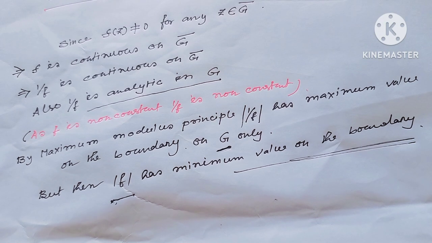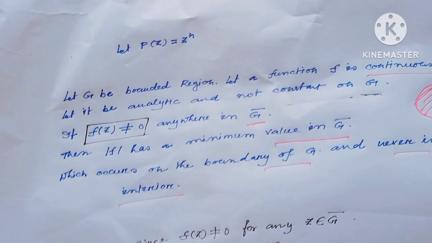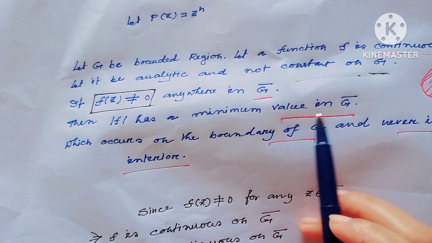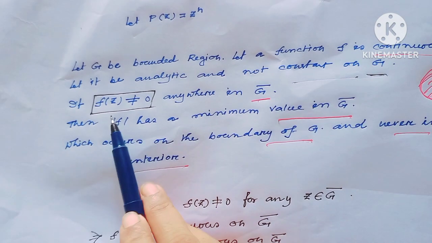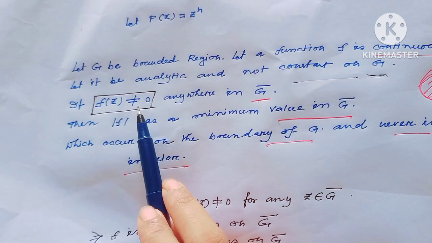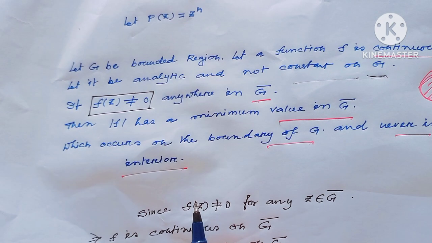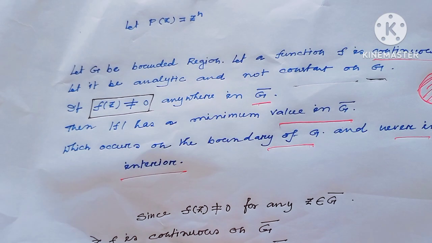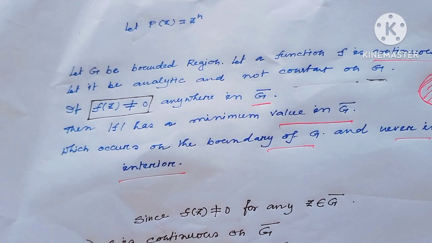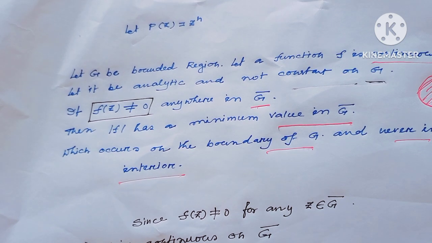I hope all my viewers have understood this clearly. Here the minimum value exists on the boundary since the image is given not equal to 0. Actually, this is the statement of the maximum modulus theorem. Okay? Next,